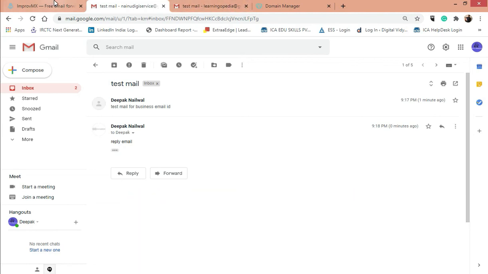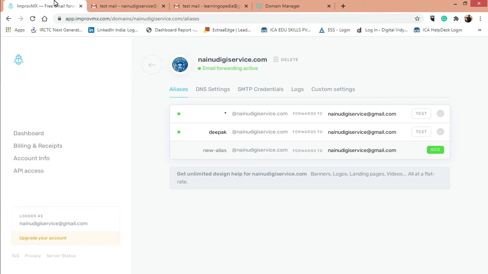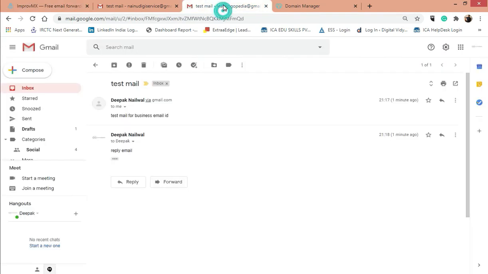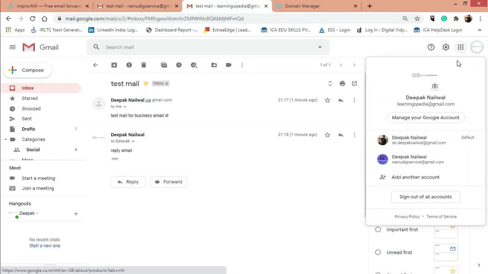Now again go to improvemx.com and enter your required email. Change this with another Gmail account and click add. Now go to this email ID. Click here. Click manage your account.